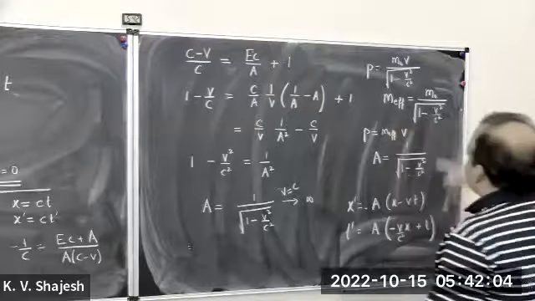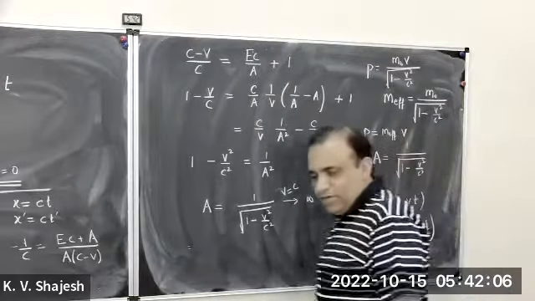Such a particle cannot sustain an ordinary momentum in the ordinary sense. It cannot sustain a force. It cannot have a kinetic energy in the ordinary sense. So then how do we define the momentum for such a particle? And how do we define the energy for such a particle? The only possibility is that m naught has to be equal to 0. Such a particle has to have a rest mass equal to 0.